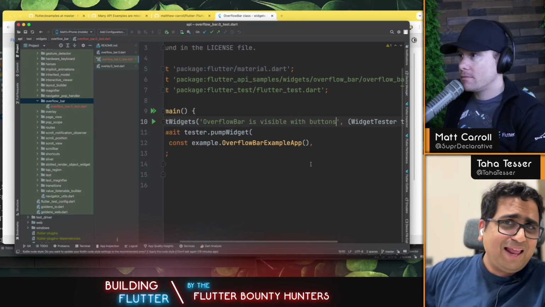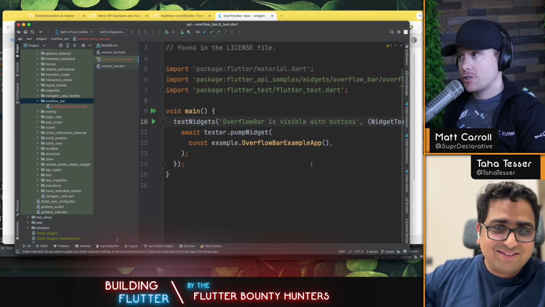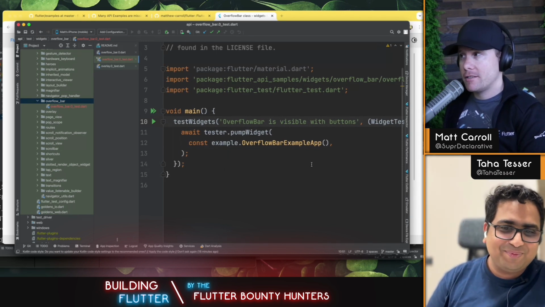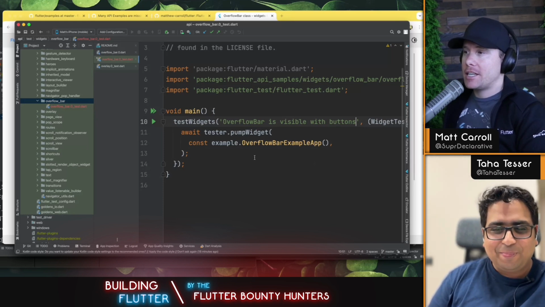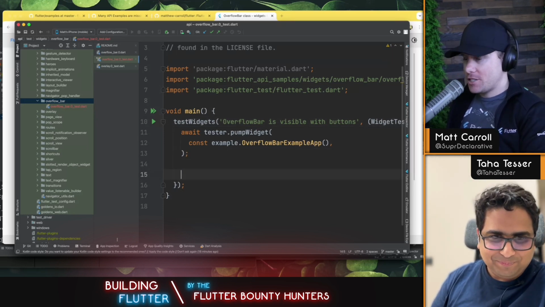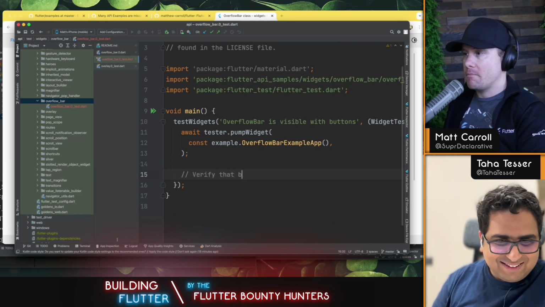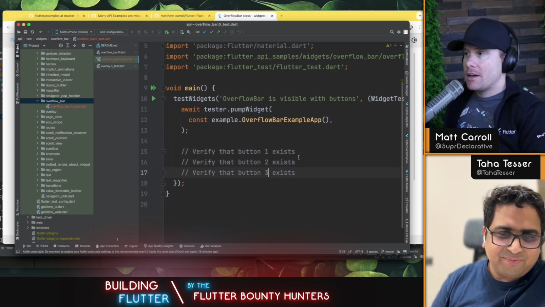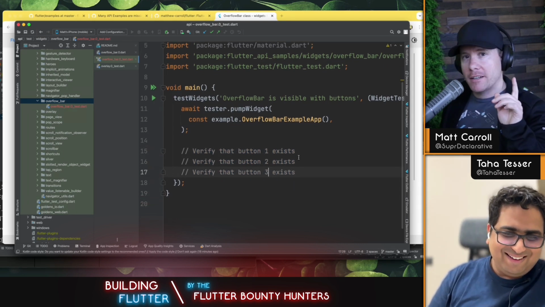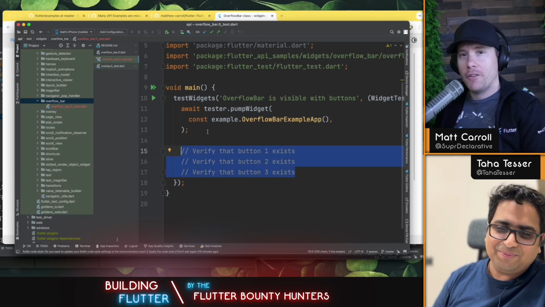Overflow bar will be visible anyway. I would say it contains buttons. Are you sure it's there? Let me pose the question this way, because here's what I'm thinking. Imagine that we came down here and said verify that button 1 exists, and then we do that 3 times, since there are 3 buttons. When you're thinking from a QA perspective,